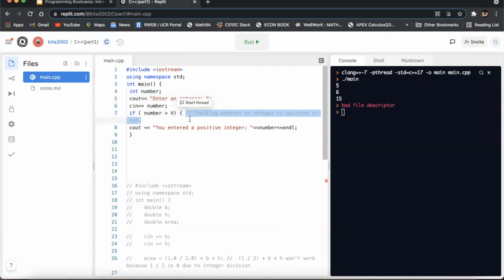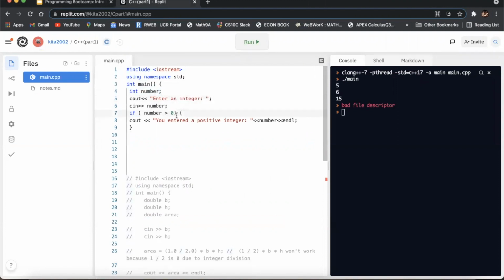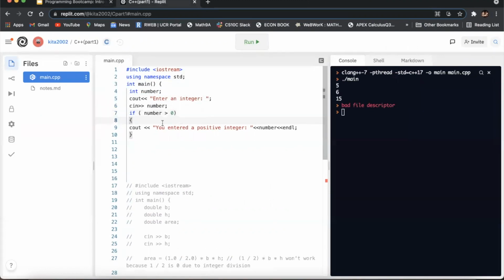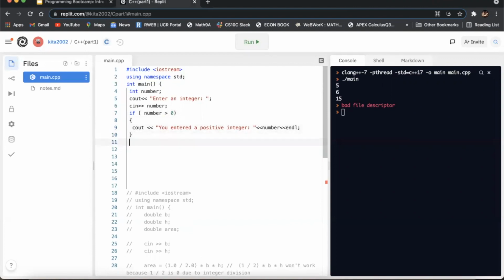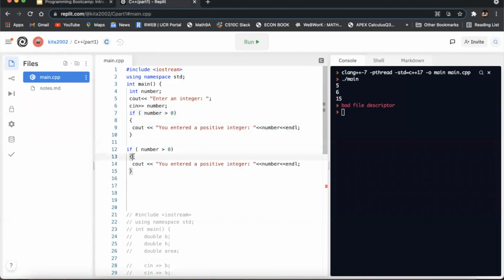And I'll just really quickly get rid of the comments since you guys know what it does. And it's always good to indent and have your brackets clean so you can see what's referring to what. And if you don't have brackets and if you have multiple different statements, only the first line will be executed. So if you have something like this,